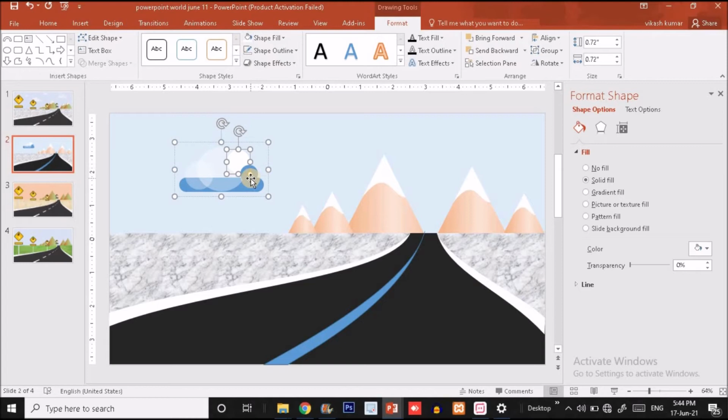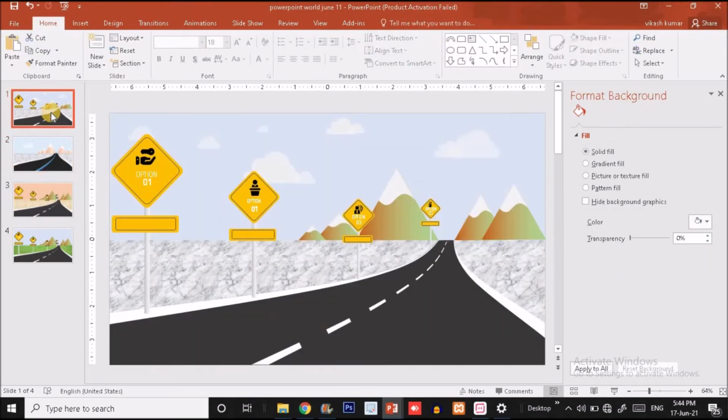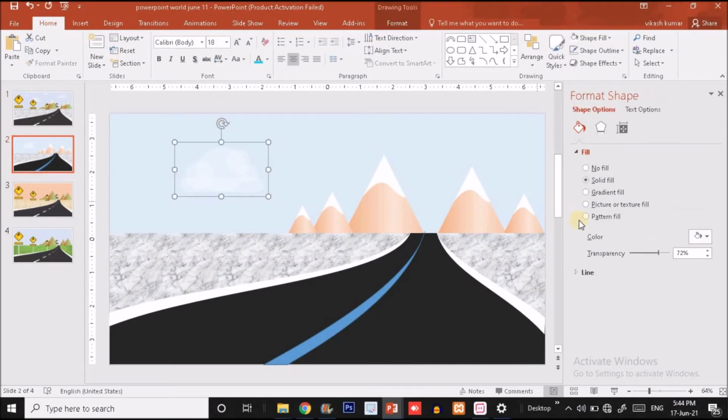White color for all the shapes. Okay. And now I will increase the transparency like this. Let me take the reference of the previous slide, guys. So yes. Make transparent.